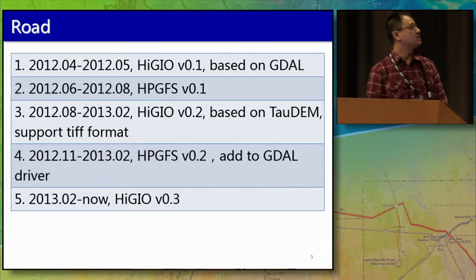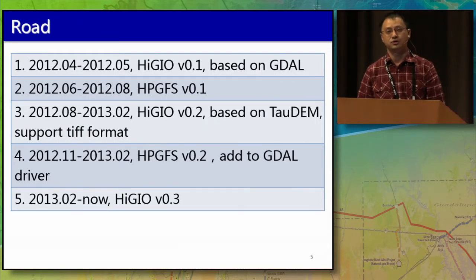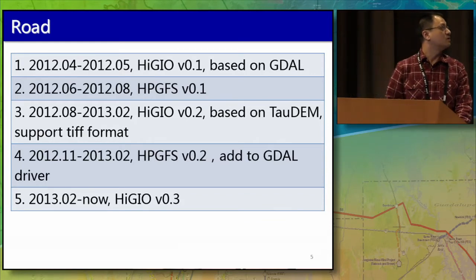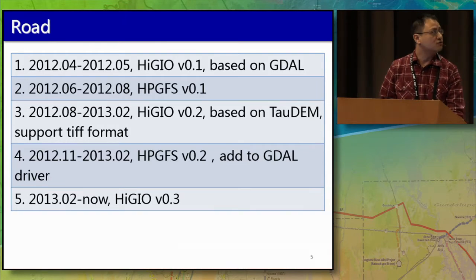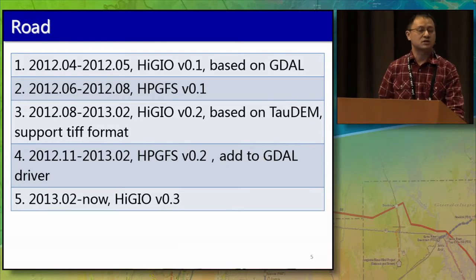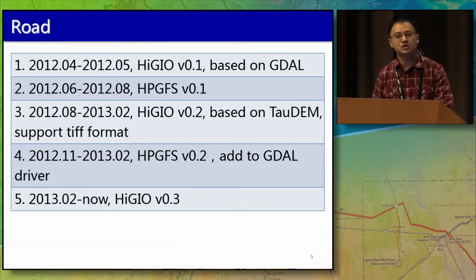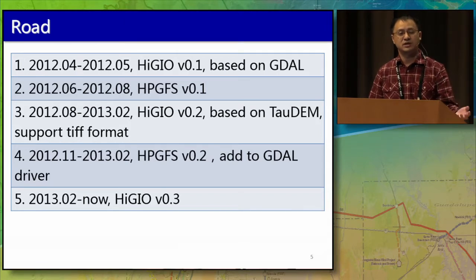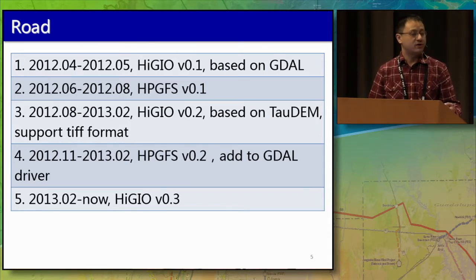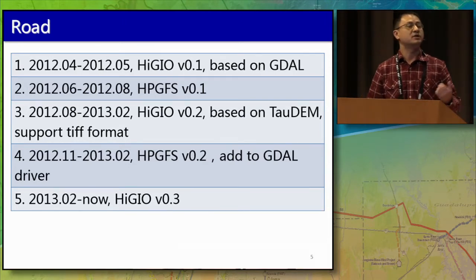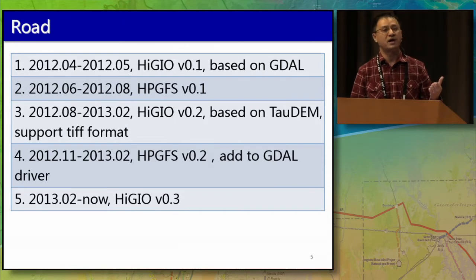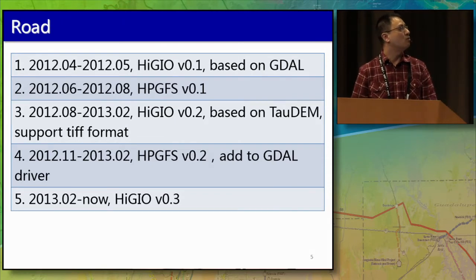And this is the development road of our team. First, we developed the initial version of HiGeo based on GDAL. In this version, we read the data in parallel and write the data serially. So it is not a true parallel version. So we developed the